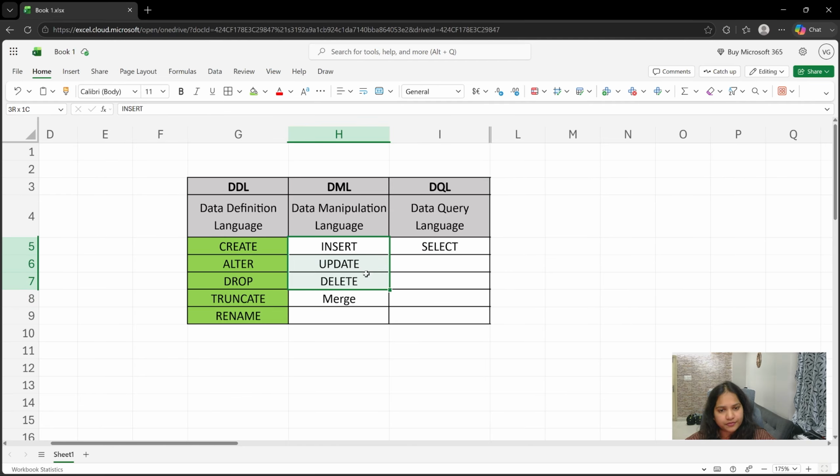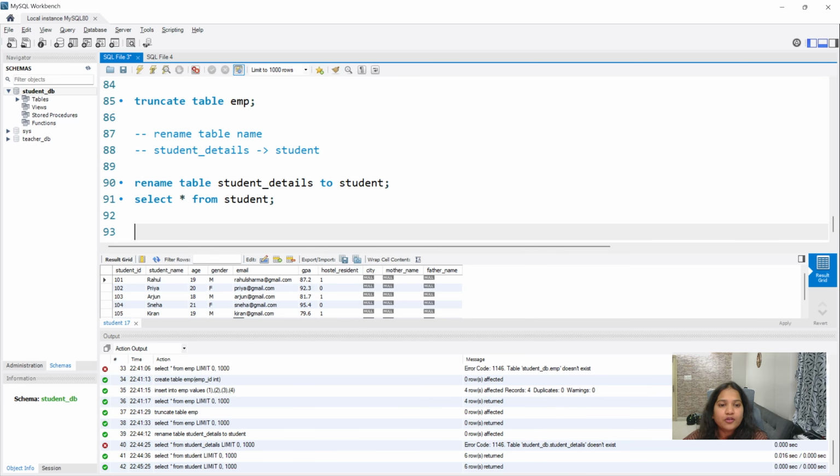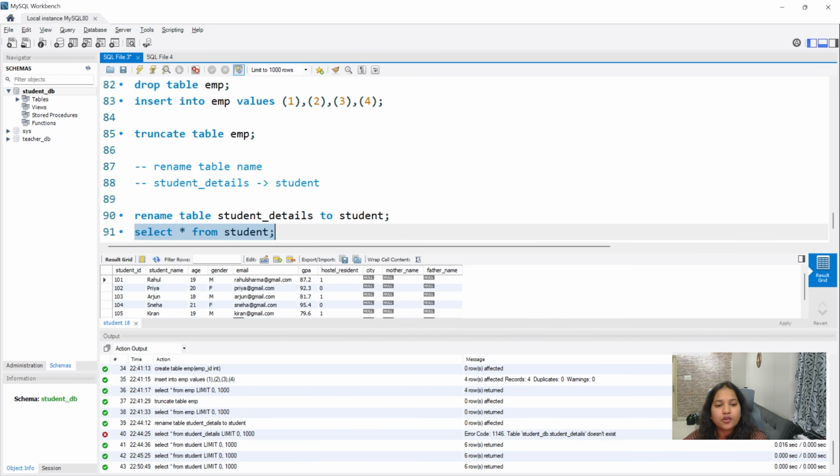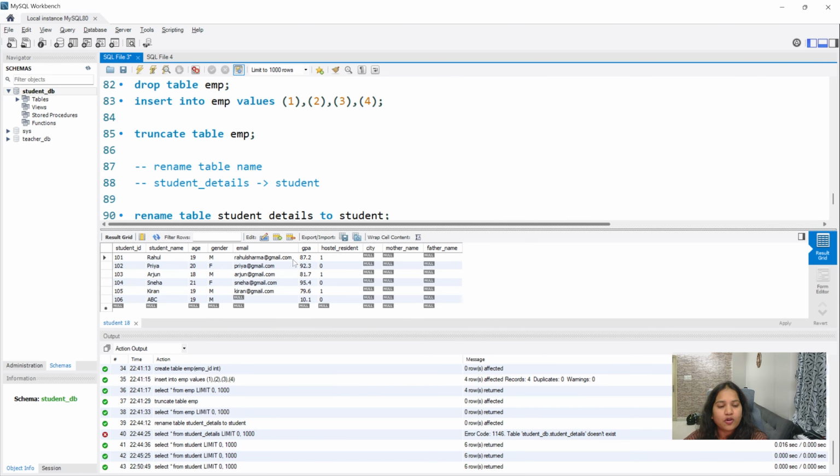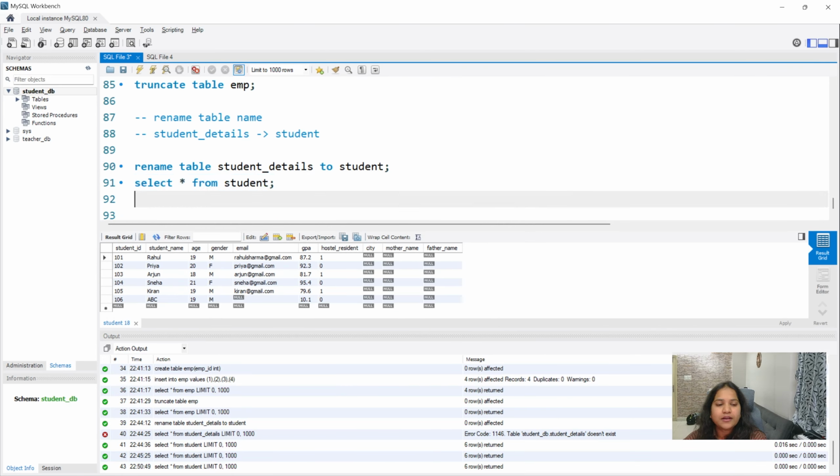Before we discuss update, I just wanted to show you something really interesting. When you do select star from student, you have this particular table and you see all the records coming. Let's say somebody asks, can you give me the GPA of Kiran? You will check Rahul, Priya, Arjun, Sneha and Kiran, go to the GPA column, which is 79.6, and then tell 79.6. This is a little time-consuming, and just because you have 6 IDs, you can tell it quickly. But what if you have around 6,000, 60,000, 6 lakh records? In that case, you can't manually filter out, right?